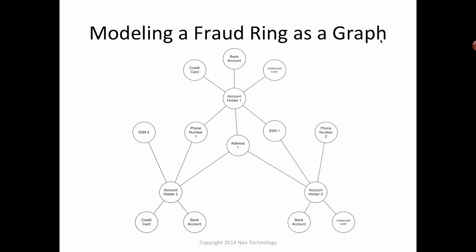So we're going to go through a short example. A picture is worth 1,000 words, and we're going to get into some dynamic pictures in a moment. So here's an example of the type of pattern that we're looking for in first-party fraud. You have several account holders who happen to share different types of information. I'm actually going to show you what this looks like when you're using